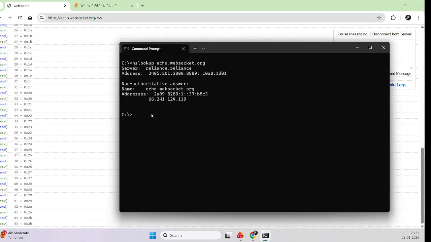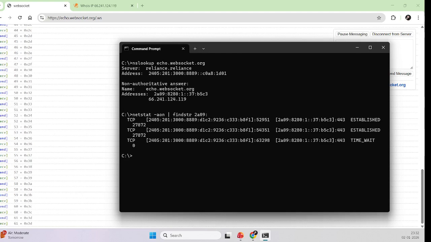Let's check the active connections. So we will use the command netstat -aon. Here I will use the findstr command to filter out the connection. So I want to show only the connections having this string. So I found the connection with my PC and this is the